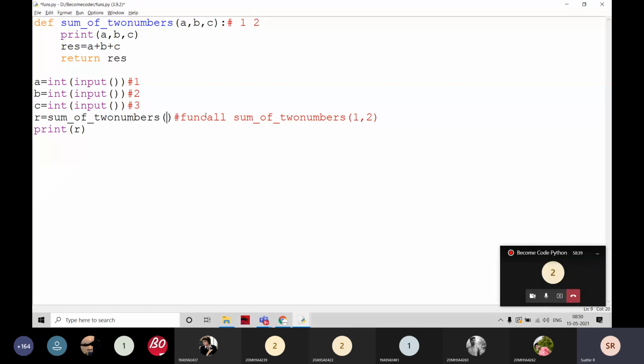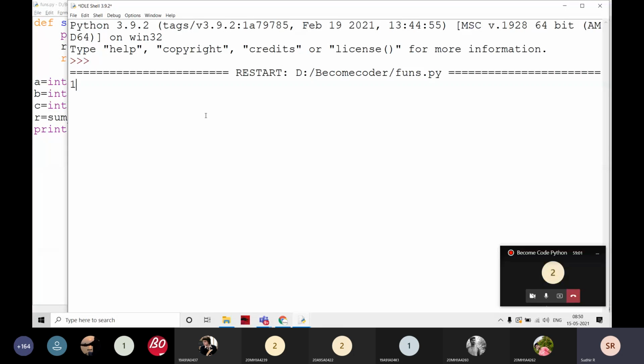And here I'm going to pass A is equal to, A is equal to B. I think, is it possible or not? B is equal to A, comma C is equal to also A. Just observe here what happens.